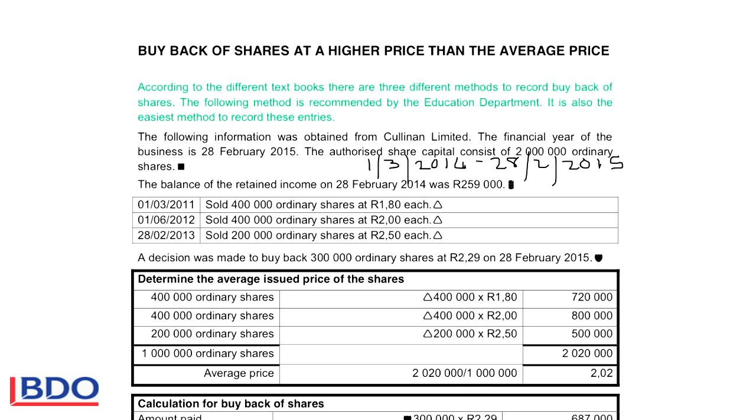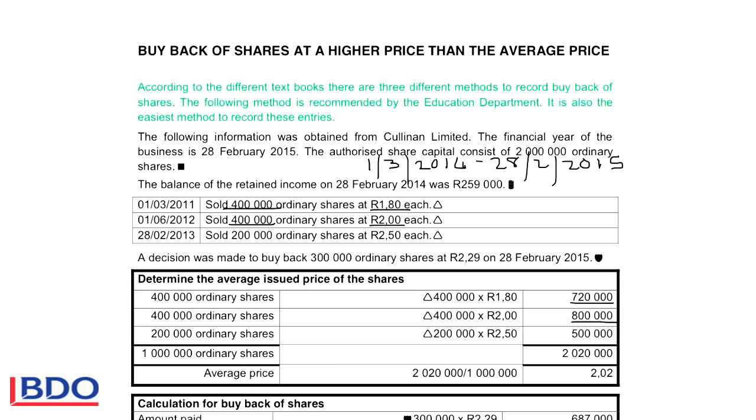On the 1st of March 2011, 400,000 ordinary shares were sold at R1.80. So if I say 400,000 times R1.80, it gives me 720,000 that was received as capital. Then on 1 June 2012, another 400,000 shares were sold at R2 each. So 400,000 times 2, the capital provided was